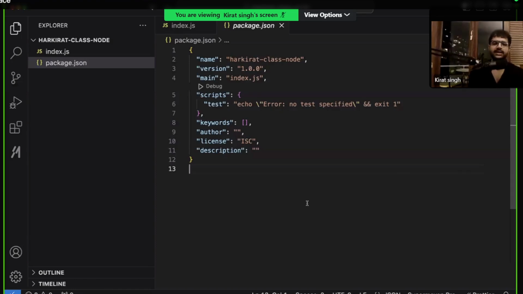Again, every language has these files. In case of Rust, it is called a cargo.toml file. In case of Python, I am not sure on this. It has a requirements.txt, which probably has some things from here. But you get the idea. Java also has it, which I'm completely forgetting the name.